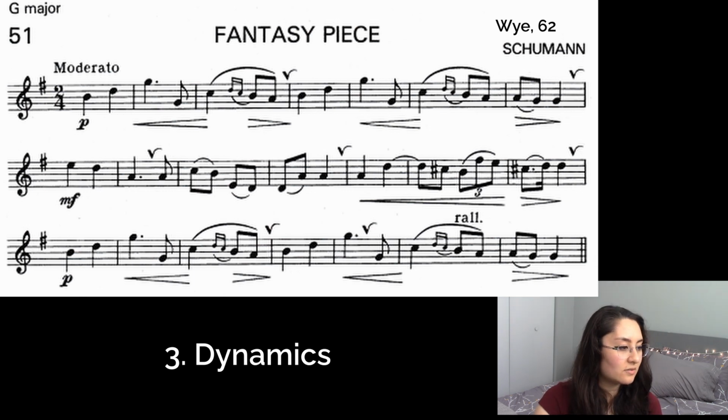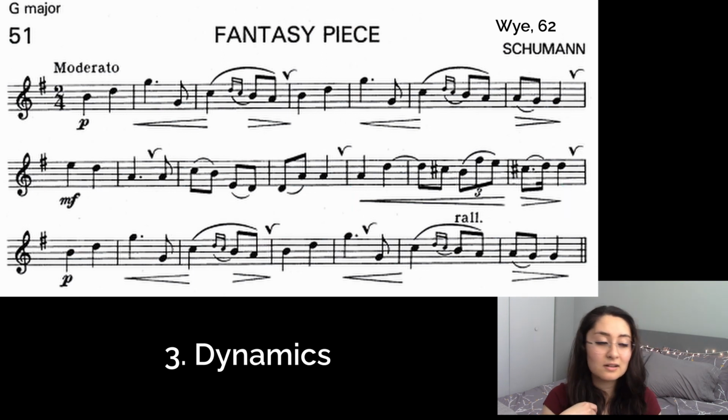Then we have a crescendo again in bar 5, and then you'll hold that dynamic marking for that next bar, and then we have another decrescendo there at the end of the line. At the beginning of the second line, we have mezzo forte, so that means moderately loud. We're going to play that all the way up until the third to last bar, where we do have a nice crescendo. And then we have another decrescendo at the last bar of the second line, where we again